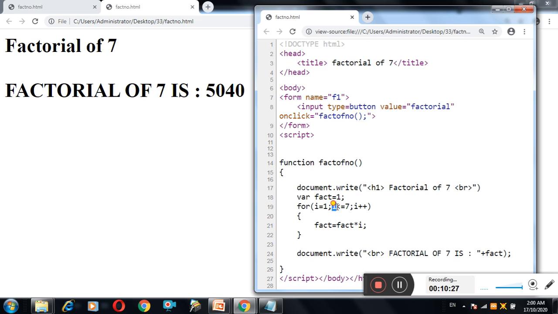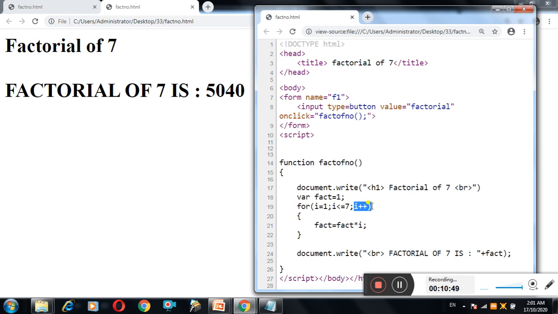Okay, the condition will check here. 6 is less than or equal to 7. The condition is right. Will come here, it will multiply the values, that is 120 into 6. The output will be 720. So it will save this 720 in fact. Then again will come here, will increment the operator by 1.